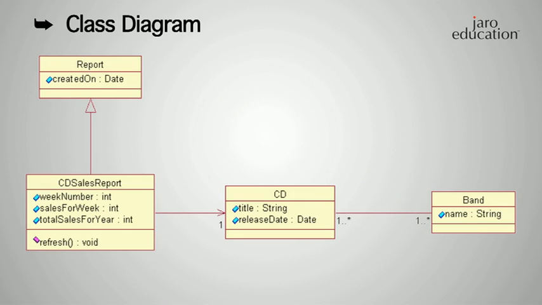I just showed you a single class, but a class diagram is not a single class. It's about many classes and how they interact with each other, or how they are associated with each other. So here is another sample class diagram for you, where you have a report class, which is the base class, and then there is another sales report class which inherits from report, and then this report class has